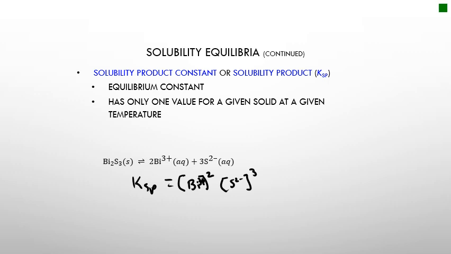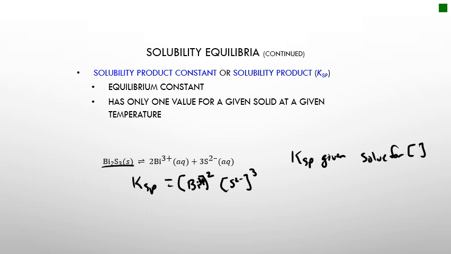You have one of two ways that you can have these types of problems given to you. They can either give you the value for the KSP and ask you to solve for the molar concentration, or they could give you the concentration of the reactants and ask you to solve for the KSP value. So again, if you're given KSP and you're trying to solve for the concentration, now it's going to change just a little bit because, again, knowing my coefficients,